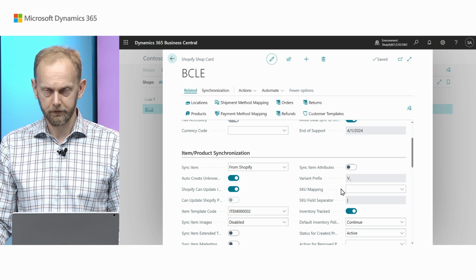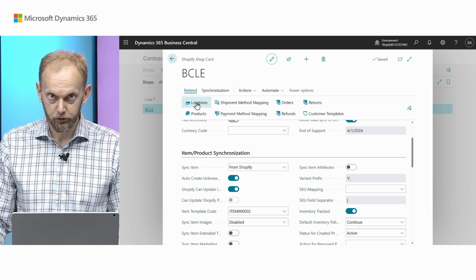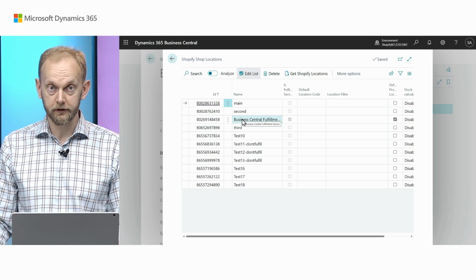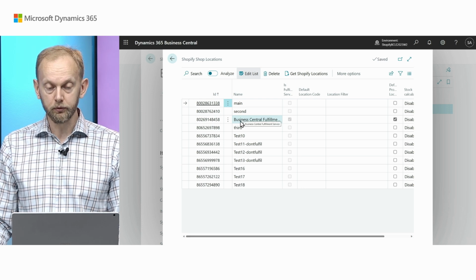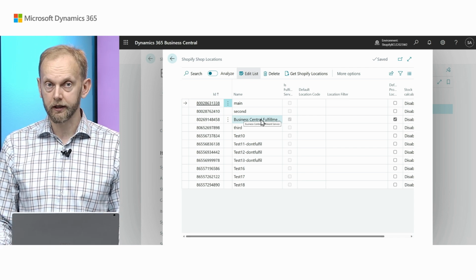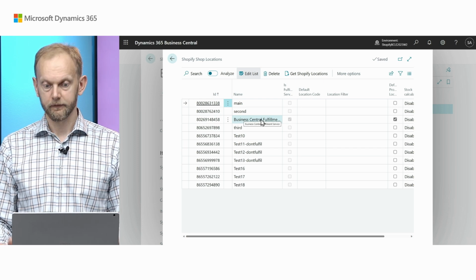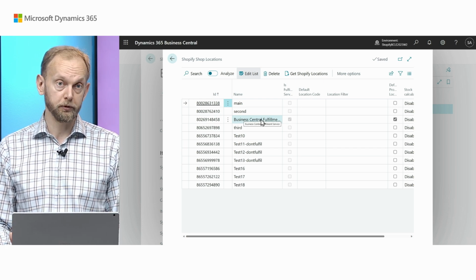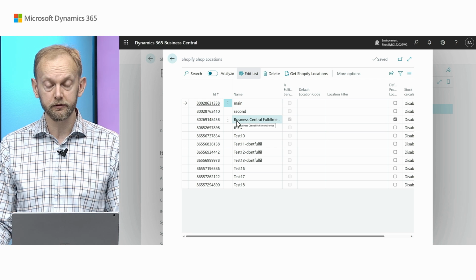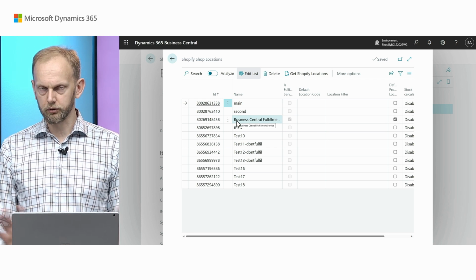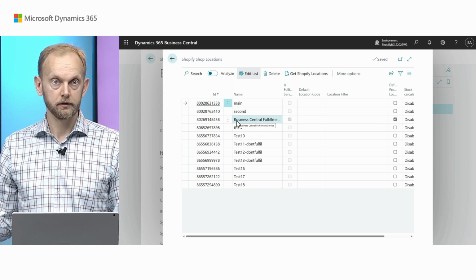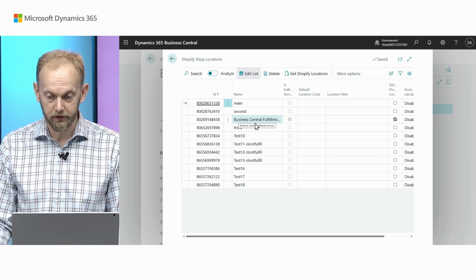So now we are not troubleshooting things for real, but we are introducing the new functionality. Be aware that already before this release, in one of the minor updates, we enabled full support for Business Central Fulfillment Service. So it's a separate mode of how Shopify allows you to work with external systems. You can configure Shopify to use its own fulfillment and locations, and in this case, it still works. You can have multiple of them and synchronize. Or in Shopify, you do not care about locations at all, because fulfillment, locations, etc. will be handled on the ERP system, and in this case, it will be Business Central.